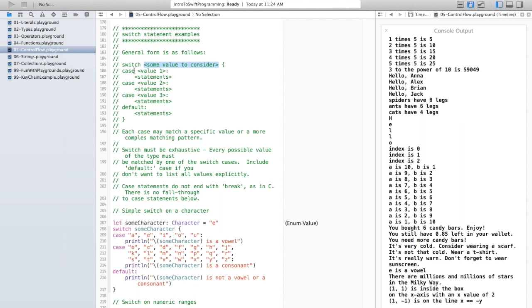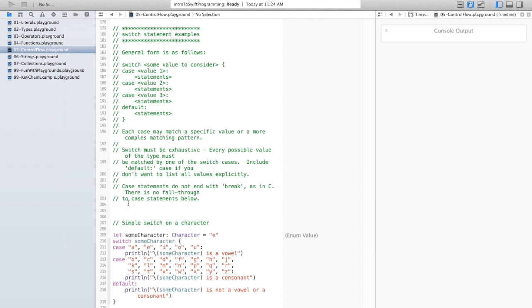Okay, each of the cases, the syntax for the value that's going to match is going to be more expressive than what you can see in C or C++. And then you can put one or more statements. You always have to have at least one statement. You are not allowed to do what's called fall through. If someone were to think about